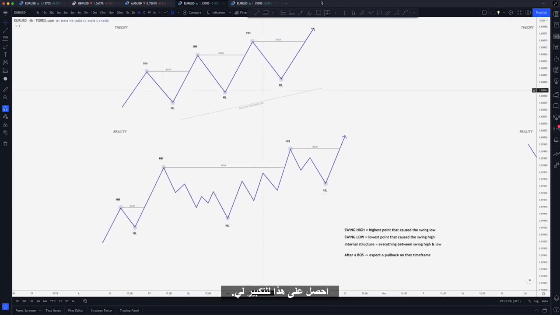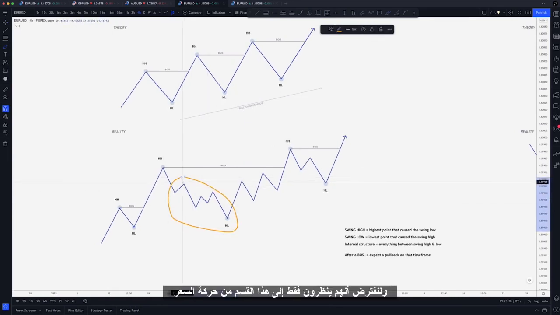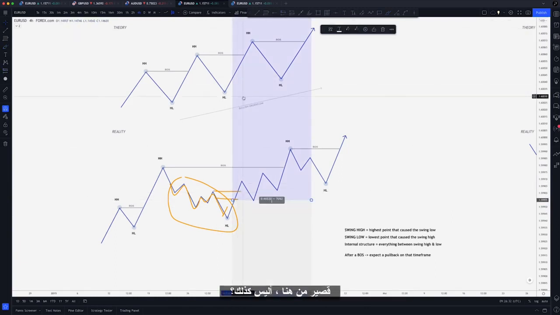If I can actually get this to zoom in for me, let's say they're just looking at this section of price action here. And they go, okay, what I can see is price is making a series of lower lows and lower highs, and it's pulling back to form a lower low, a lower high, and now it's broken and formed a lower low, right? And they're just looking at this section of price action in the orange line, right? So then as price is pulling back up to this level, maybe there's a supply zone they trade from, maybe it's a resistance zone, wherever you trade,